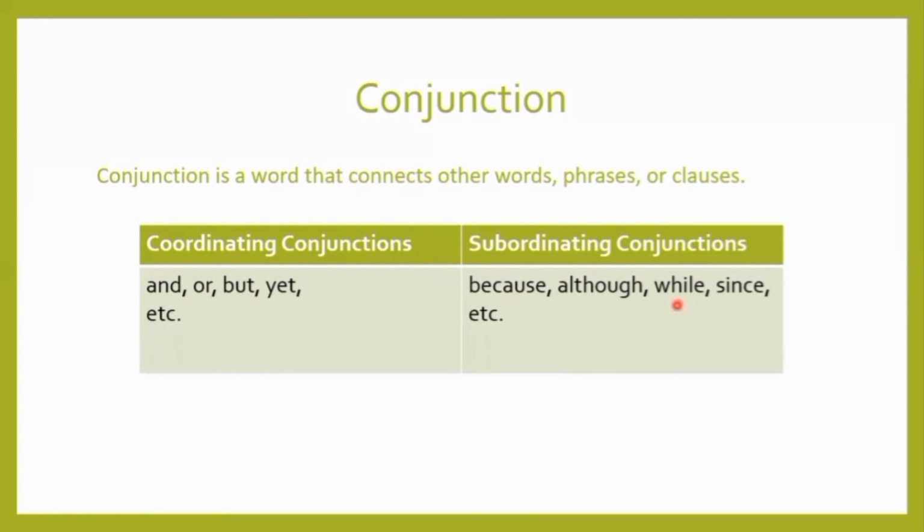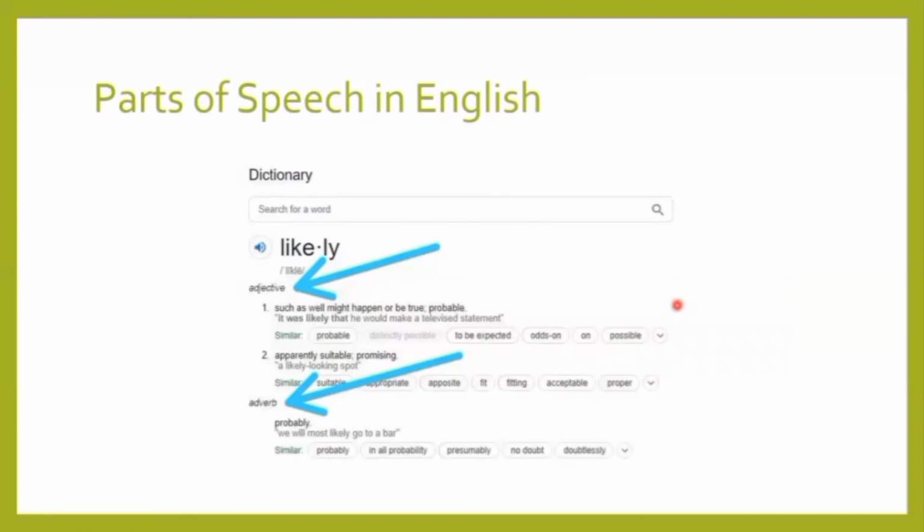Now, how can we identify the part of speech of a word when we are totally clueless about it? The easiest way would be by looking up in a dictionary and identifying the part of speech of that word based on how it is placed within the sentence. Most dictionaries have provided us with complete information about parts of speech and how the words are used in sentences.